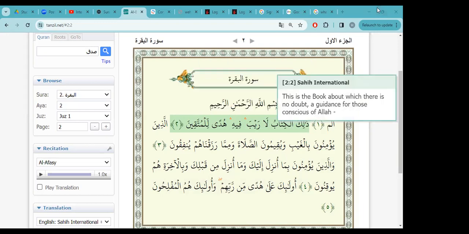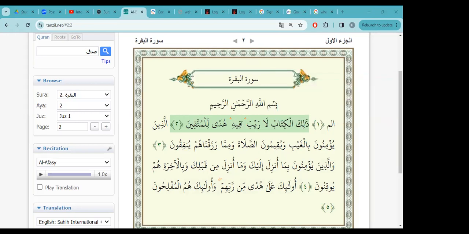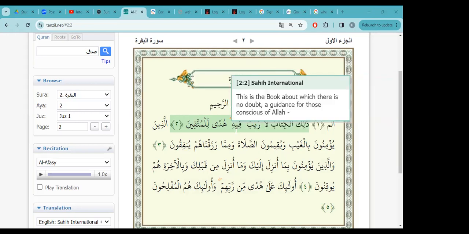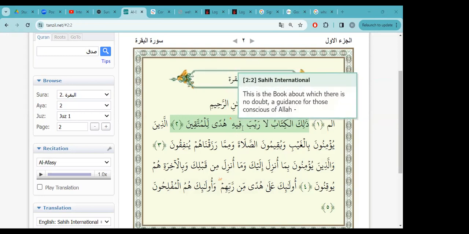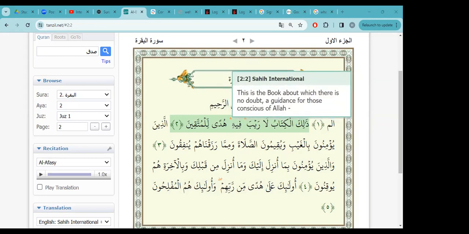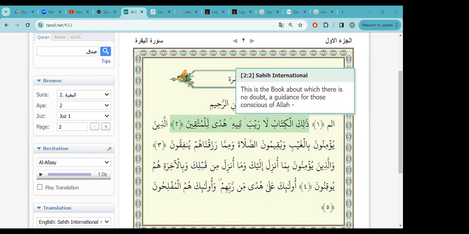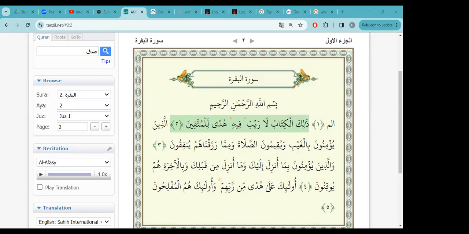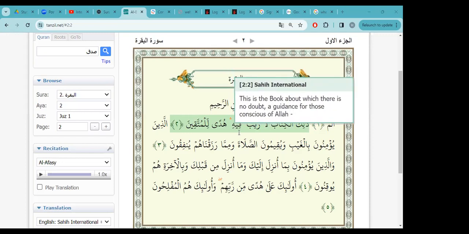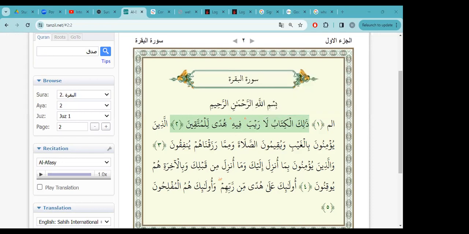Okay, so first break it up. You have two words here. You have fi and you have he. Fi and he. Okay, so fi is the jar. Yes. And he is a noun. He's an attached pronoun. Mumtaz. So fihi, perfect. So this is the attached pronoun. Well done. Good.